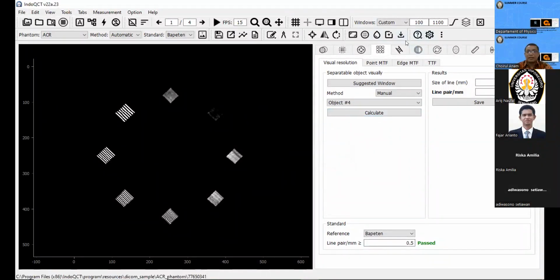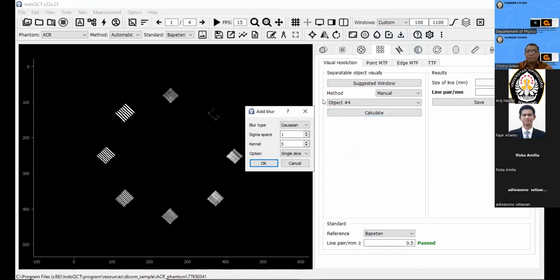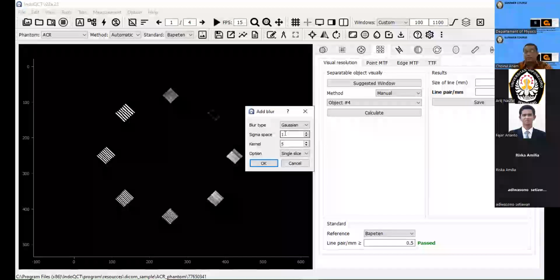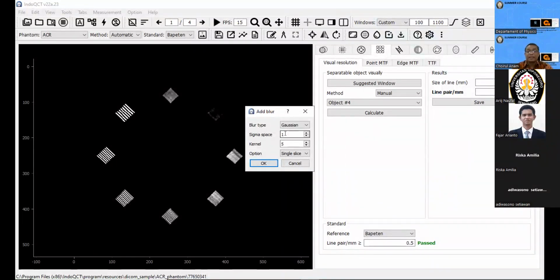I repeat again, the Gaussian and the sigma space means the sigma of the Gaussian distribution. In this example, 1 means 1 pixel. Kernel is the size of the kernel to be convolved, and this option is for a single slice or many slices.